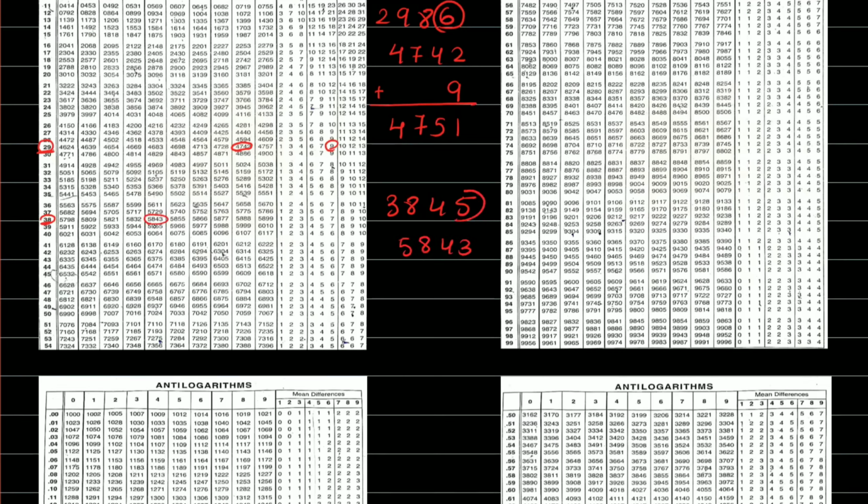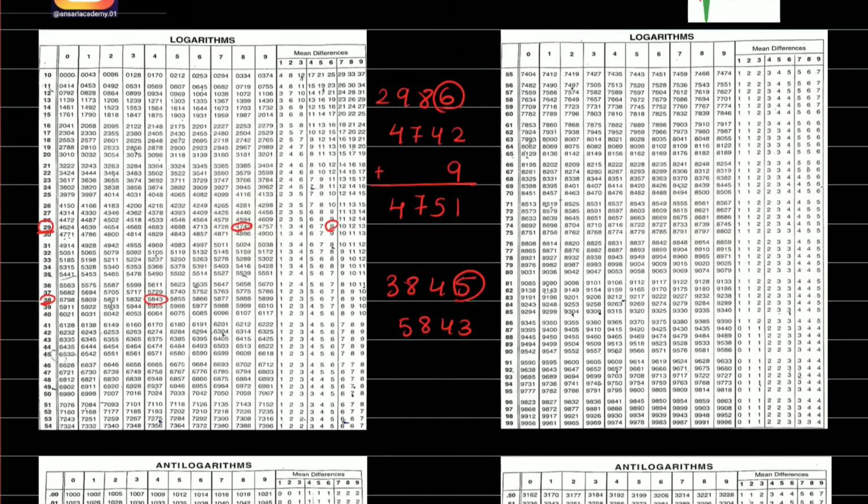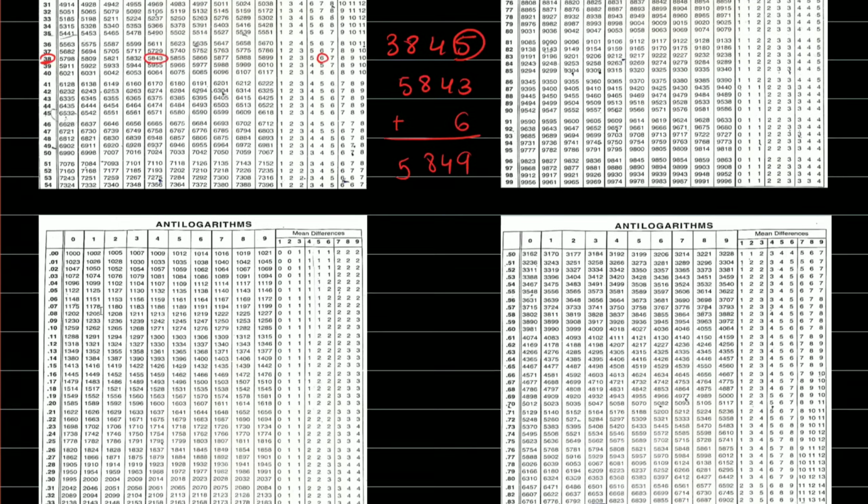The next value is 5. So we are going to find this 5 in the mean difference table. The value for 5 is 6. So we are going to add the value 6 over here. We get 5849.